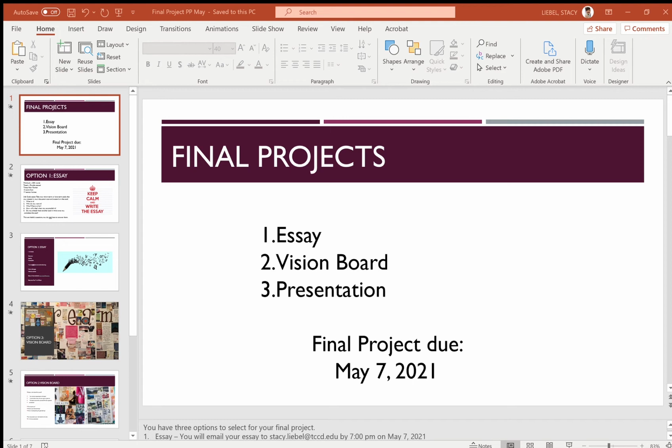So I can see that in the different things that you have chosen to do. So you must be represented on the board. I must be able to see what your goal or goals are on the board, and it must be fully covered or really organized and detailed. So you have two options. Like I said, the one on the left that says health and yoga and meditation, that one is a digital vision board. The one on the right is your typical poster vision board. So you can do one or the other.